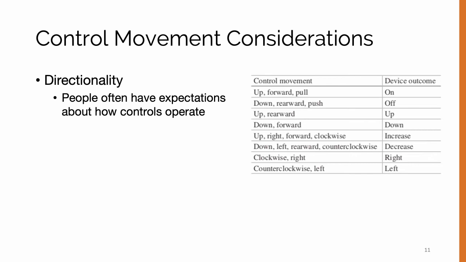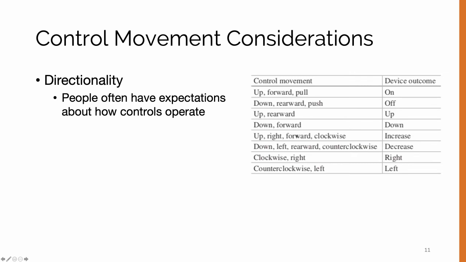Now, there's some important things we need to understand about people's expectations when it comes to controls. So, for example, people expect a relationship between the way in which you move a control and the thing that's being controlled. Let me see if it's better if I just explain it in an example. So, for example, if we have a control that we move up or push forward or pull, that often indicates an on outcome. On the other hand, if we pull down or push something rearward, then that often indicates an off position,